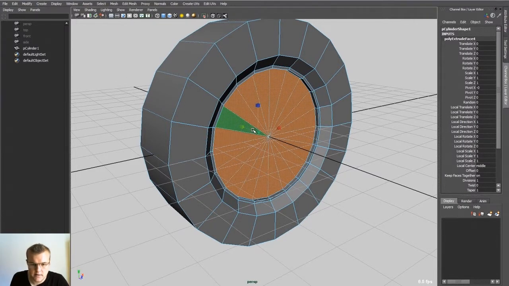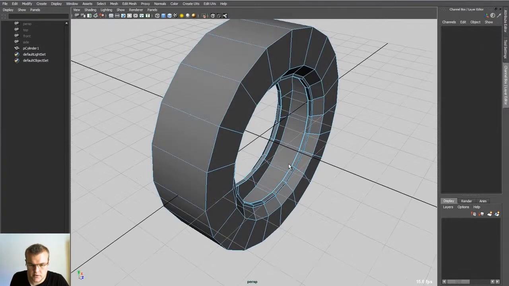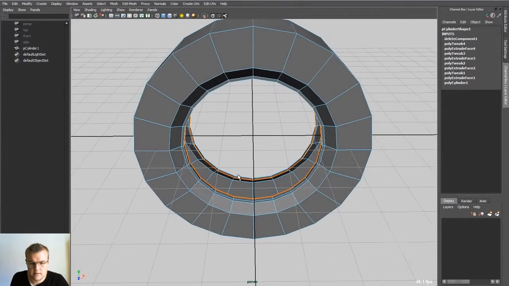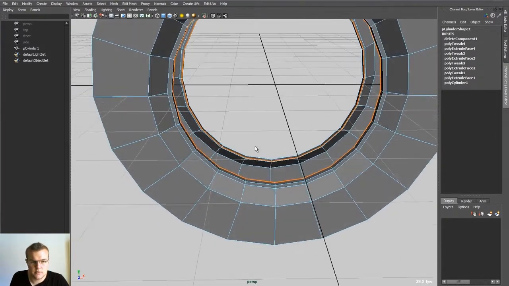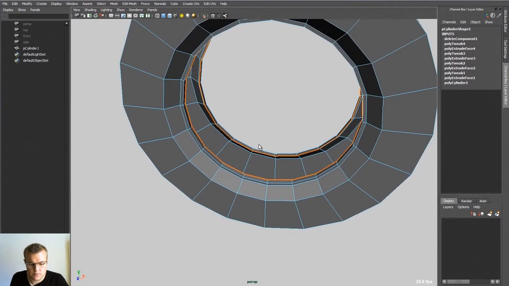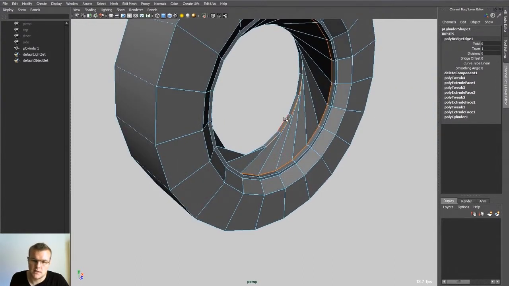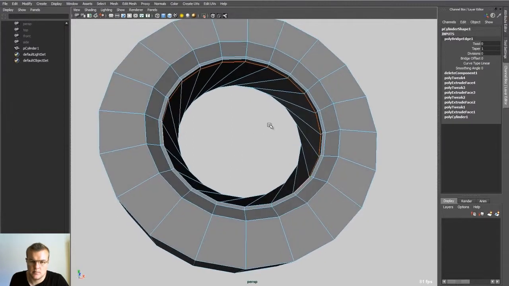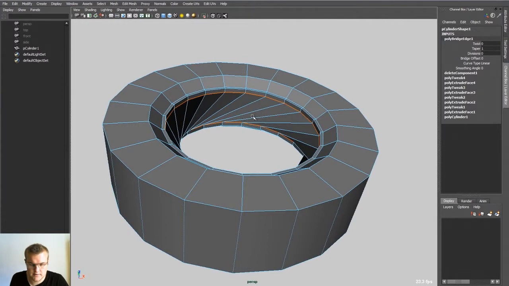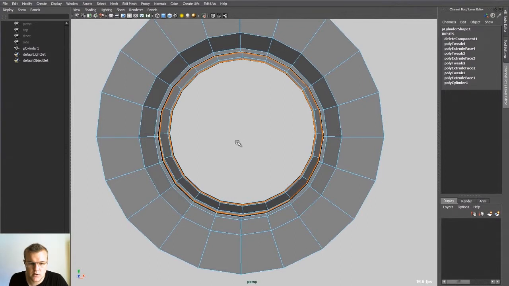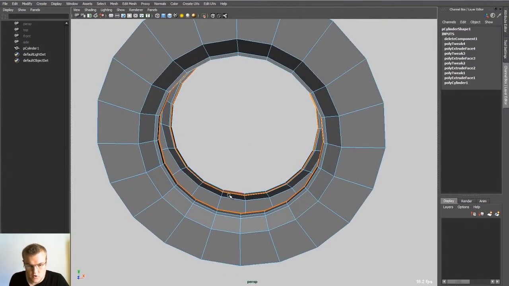So now I delete that, and now I want to combine the edges, so I select this edge loop by double clicking on the edge and double clicking again. So now you would probably use the bridge command, which you will find by pressing Shift, right mouse button, and at the bottom bridge. I don't know why this happens. I think it's a bug in Maya. It always bridges not the adjacent edges. It somehow rotates it. I don't know why. So you just go undo, and for a workaround you just select both edge loops, but then you